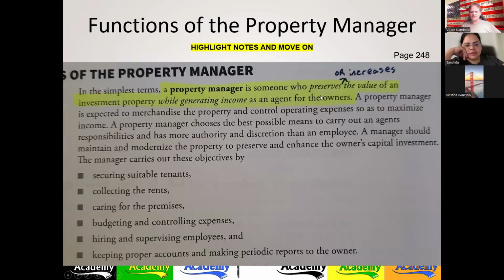let's change that definition slightly. That's written in the book on page 248 for what the primary function of a property manager is. It's someone who preserves, right in there, or increases the value of an investment property while generating income as an agent for the owner. So years ago, that H Mart shopping center or festival shopping center was known as